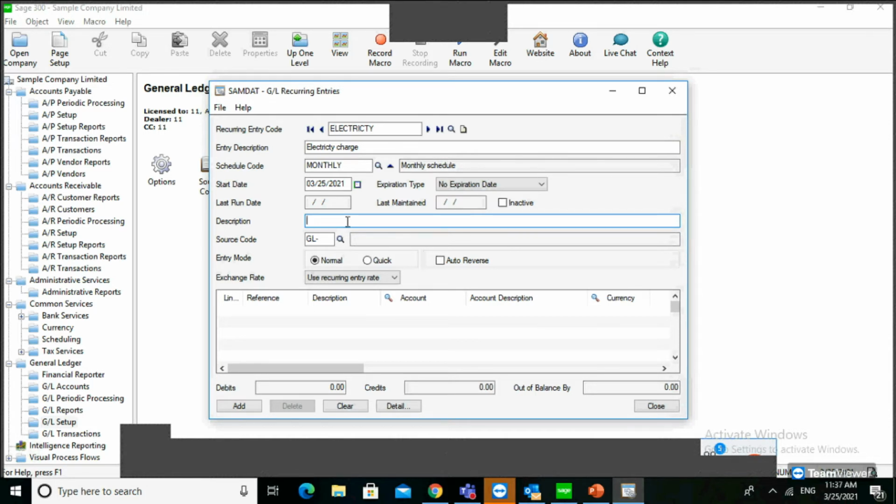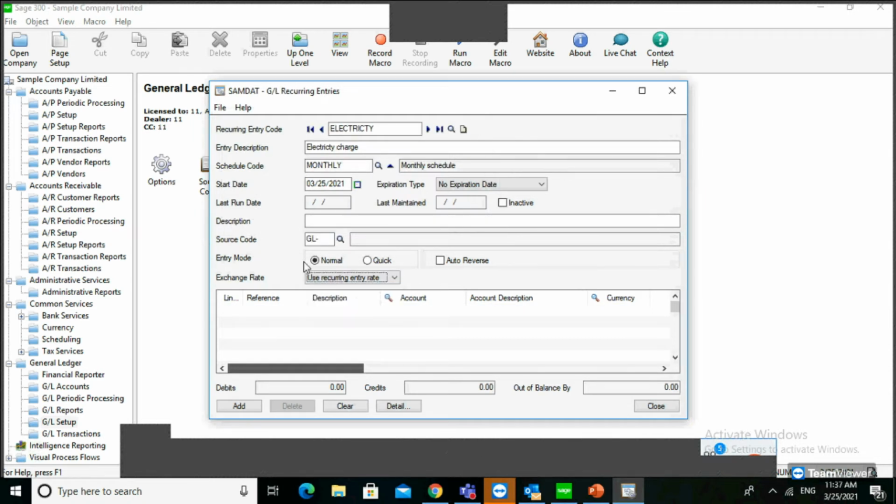You can reduce the data entry work when you are doing the same entry every month. That's the purpose. It is the same as a journal entry. You enter from the GL batch, but if that same entry occurs on a frequent basis, you can define it as a template and run it. You don't need to re-enter the transaction. This is for reducing data entry. That's why it gives the GL recurring entries.